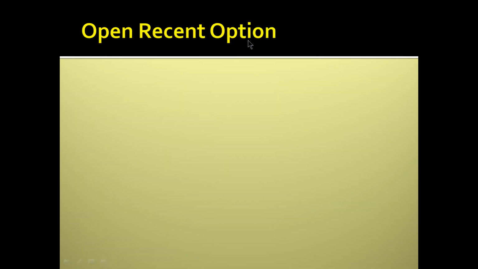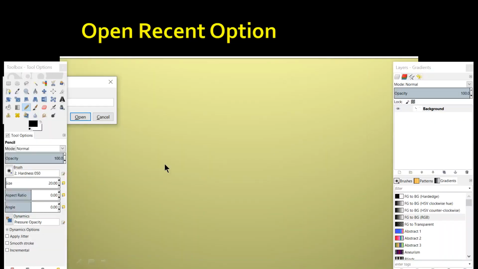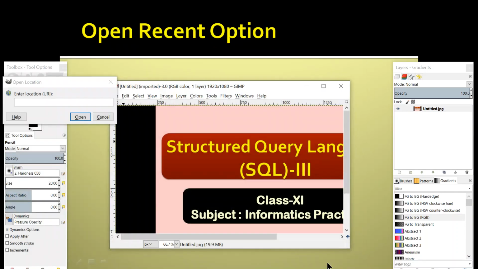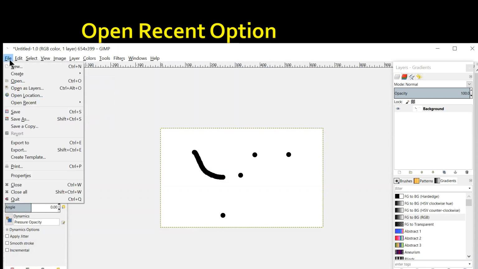Fine. Next is open recent options. Recent means those options which we have just opened, right? कैसे देखते हैं? You can see that here in 2 or 3 windows it's available. For opening recents, go to file and click on open recent.